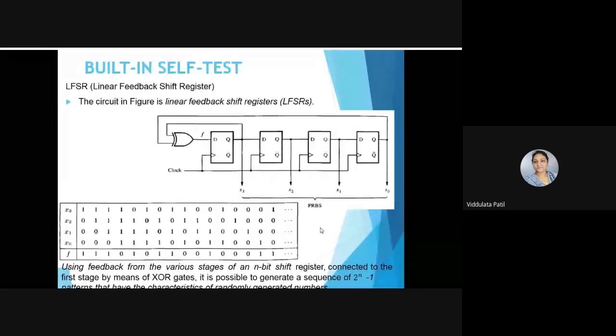सो माय क्वेश्चन वॉज दॅट की मी जर इथे 0 0 0 0 सेट केलं पहिल्यांदा, मला आउटपुट काय मिळेल, व्हॉट विल बी माय आउटपुट,